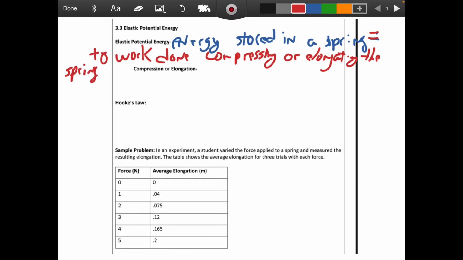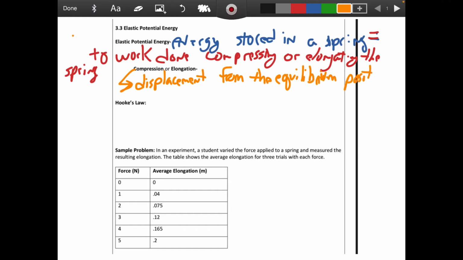Now, it can get a little tricky with what exactly compression or elongation means, but what we're going to define it as is the displacement from the equilibrium position. And I have some pictures that'll help in a second. Equilibrium, that's an I there, position. Okay, and